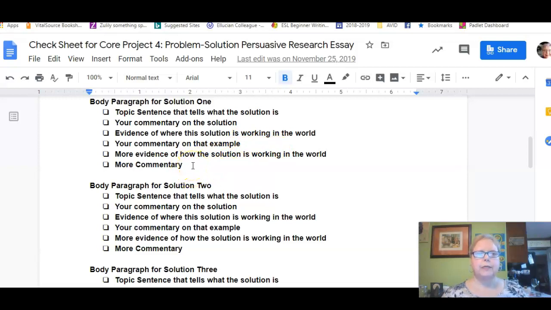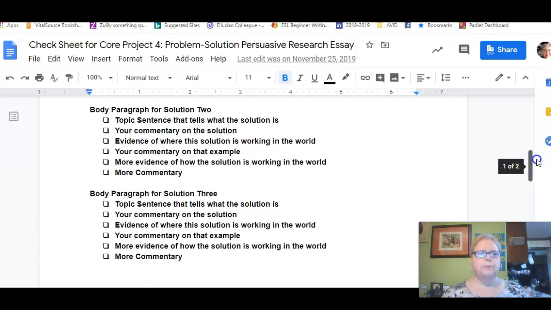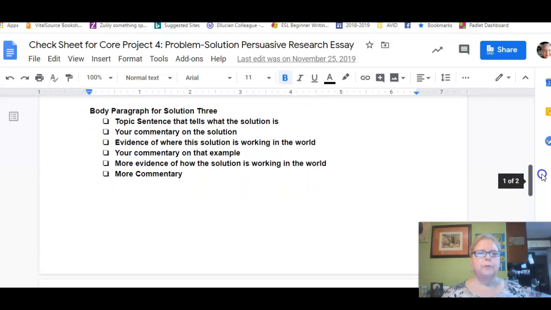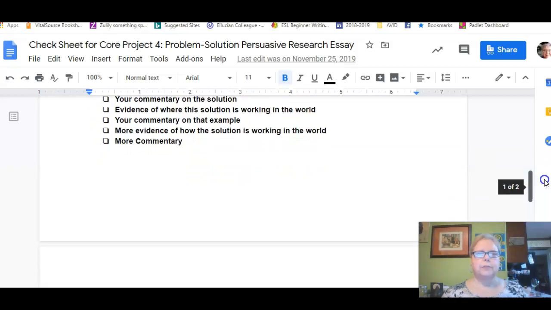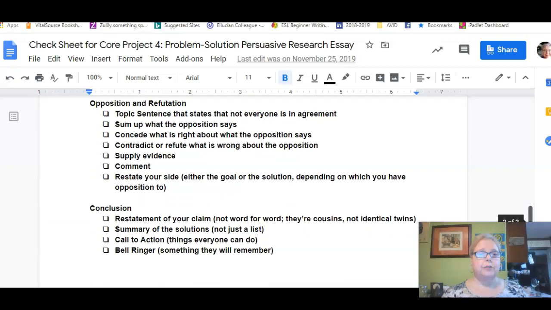Remember, every time you provide evidence that you've gotten from a source, you always need to have more commentary after you use that source. And you do the same thing for body paragraph 2. Another solution is to do so and so, and move on through body paragraph 3, topic sentence that tells what the solution is again, your opposition and refutation,